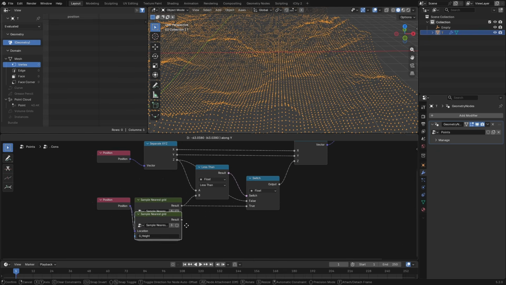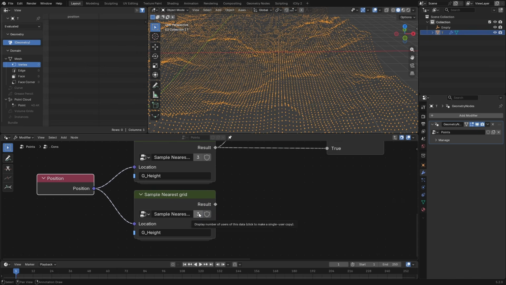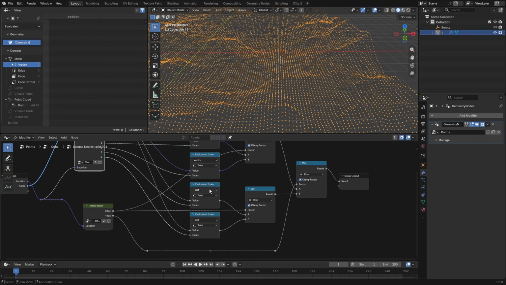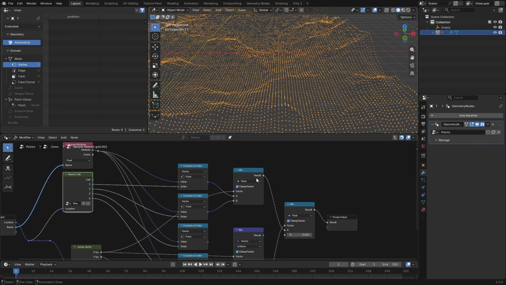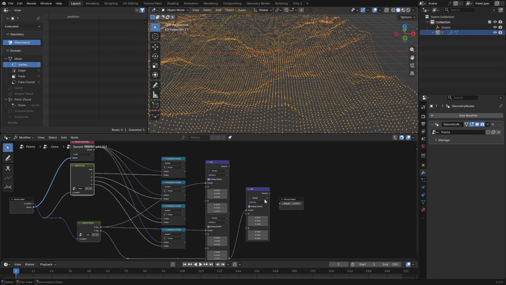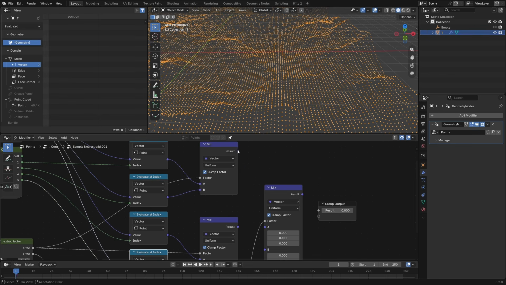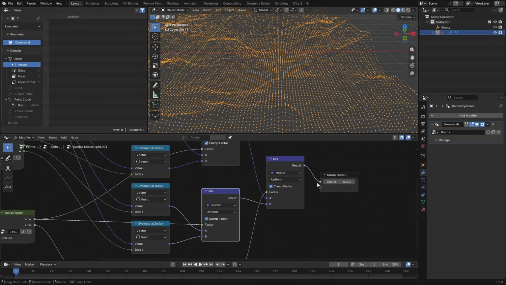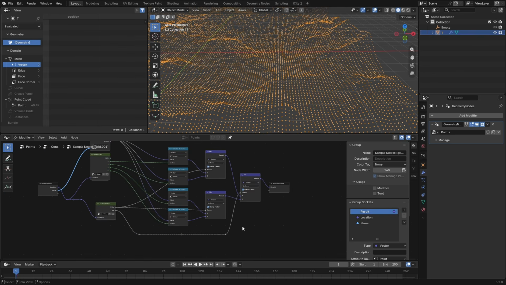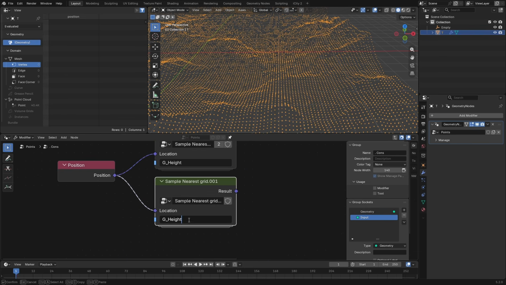And we can easily update our node to make it output a vector by simply converting this to a vector, this to a vector, this to a vector, this to a vector, and also this to a vector. So this one is 2, this one is 2, there's 1, and there's 2, and the output, we also need to change this to a vector. Okay, so it should be all working, but for our normal,